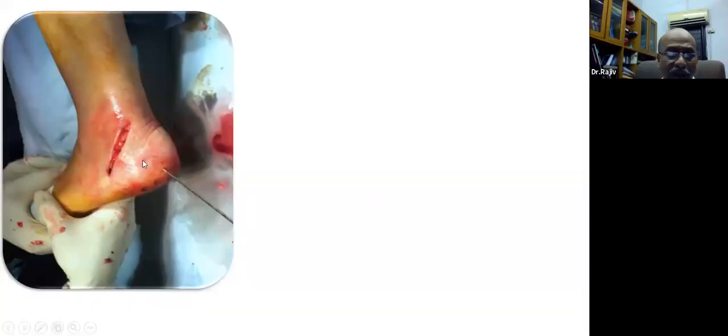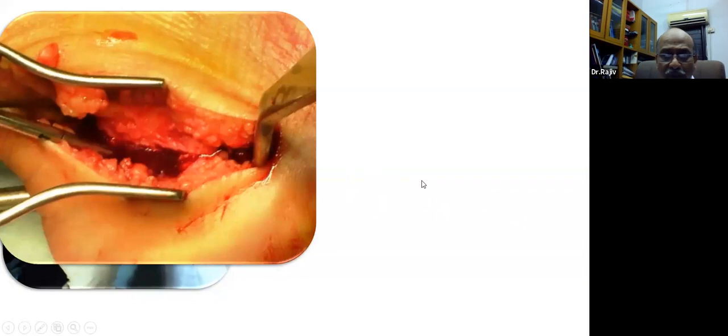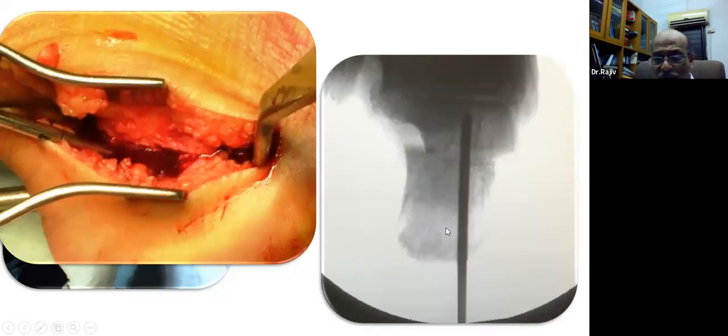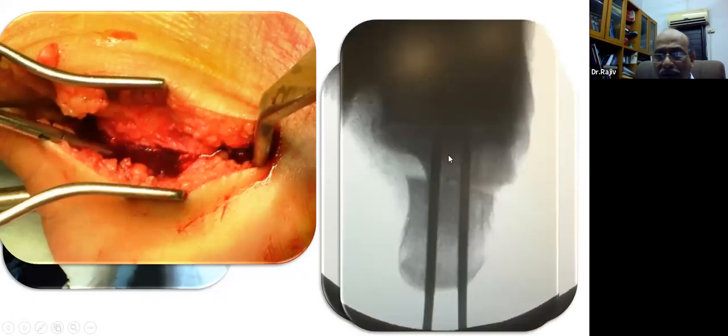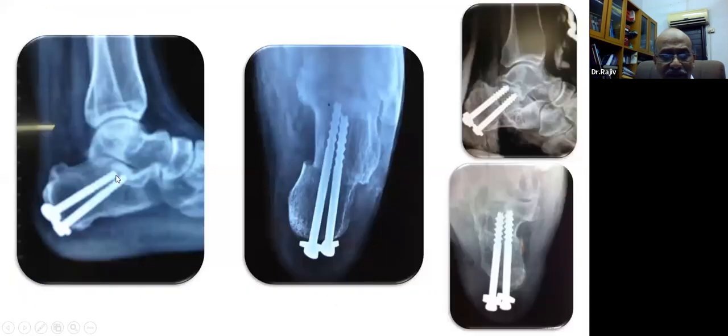How do you do that? An incision is kept like this, and then you're doing your osteotomy, opening this osteotomy, shifting this osteotomy, fixing it with one K-wire, which would be replaced with the screw, and another K-wire. So this is the displacement I've done. Another K-wire, and then these K-wires are replaced with the screw. The prominent upper portion of the osteotomy is also punched to reduce the prominence, and these are the X-rays of medial calcaneal slide osteotomy.